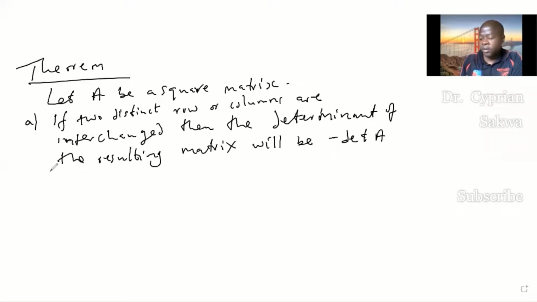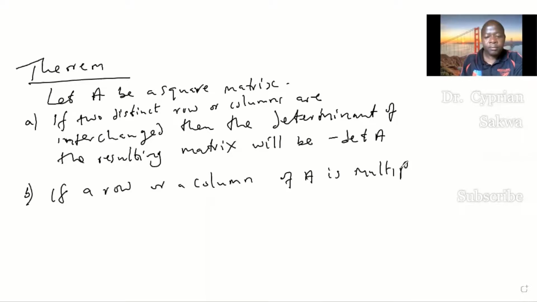The other statement is that if a row of this matrix or a column of A is multiplied by a scalar, let's call it beta. If a row of this matrix is multiplied, or a column of this matrix is multiplied by a scalar beta,